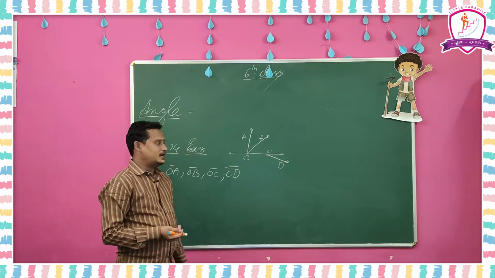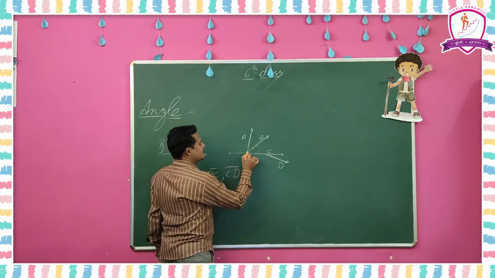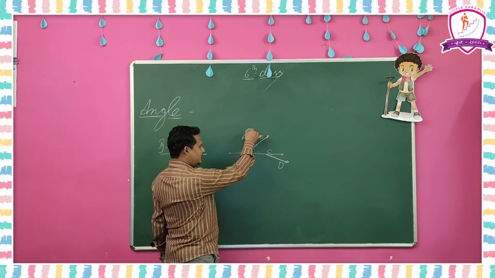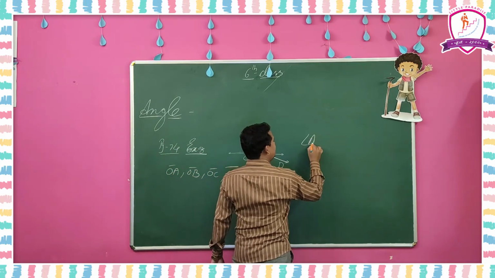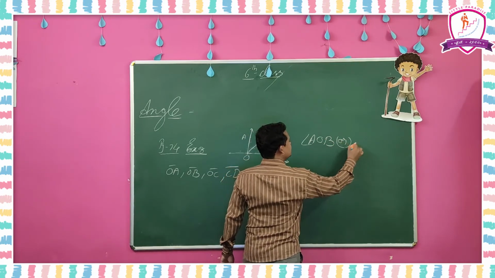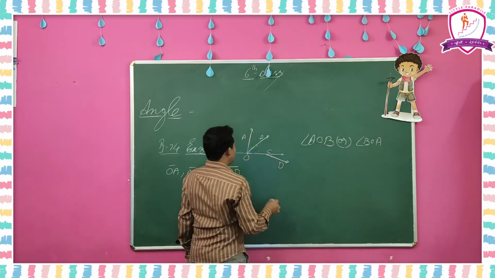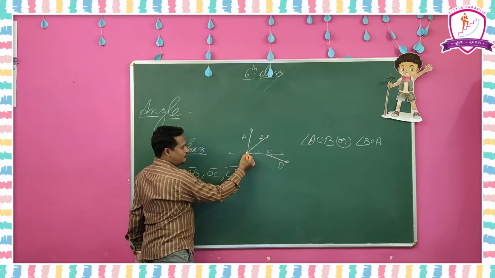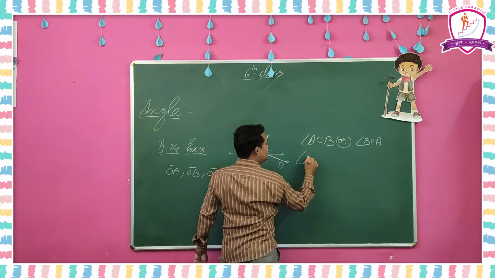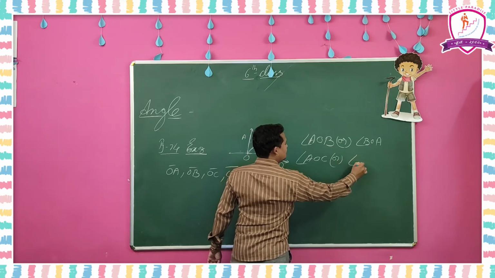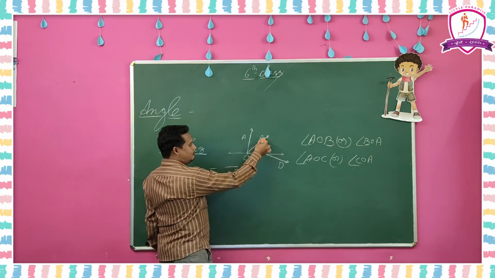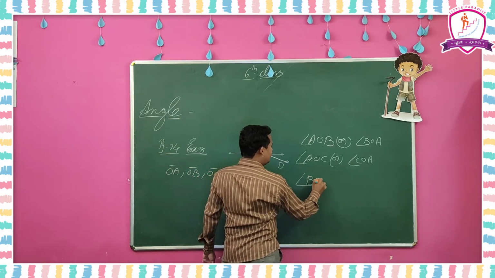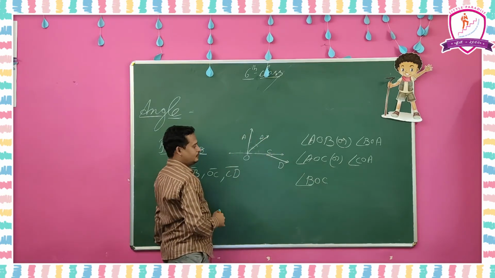So now we are going to find the angles. Here, we have to find first how many angles are formed. First, from A, O, B: angle AOB, or we can write this as angle BOA also. Next, AOC: angle AOC or angle COA, we can write it like that. And from B, O, C: angle BOC, we can write this as COB also. And next angle,